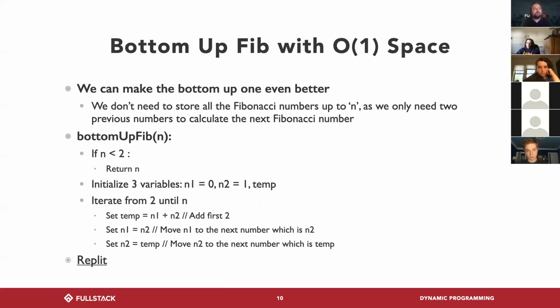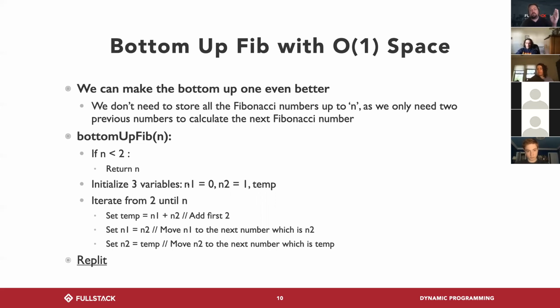So another way to improve this, and it doesn't increase time complexity, this is purely space complexity, is instead of having an array, we just keep track of those 2 specific numbers. So we start with 0 and 1, and we just kind of move them along. So in this case,